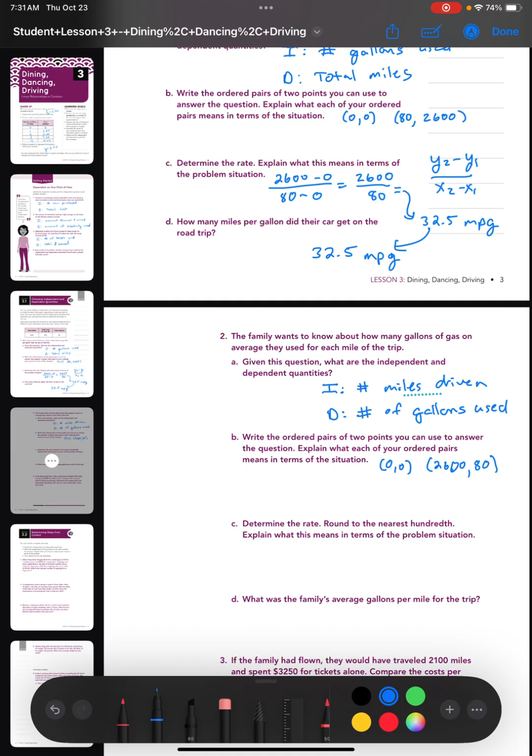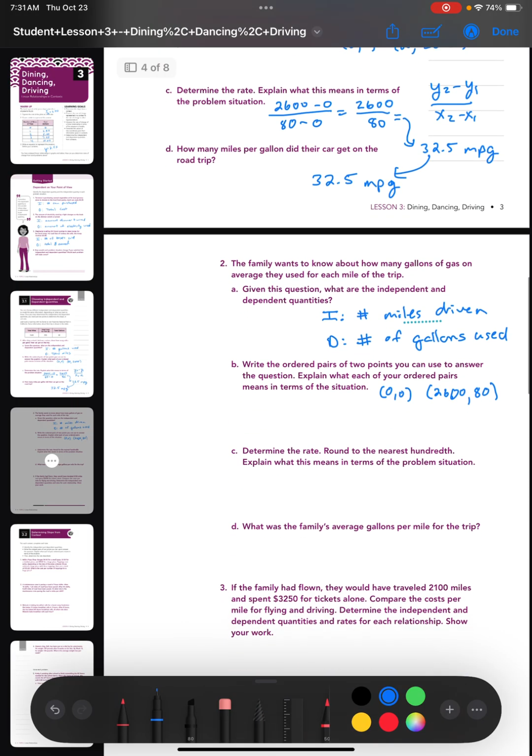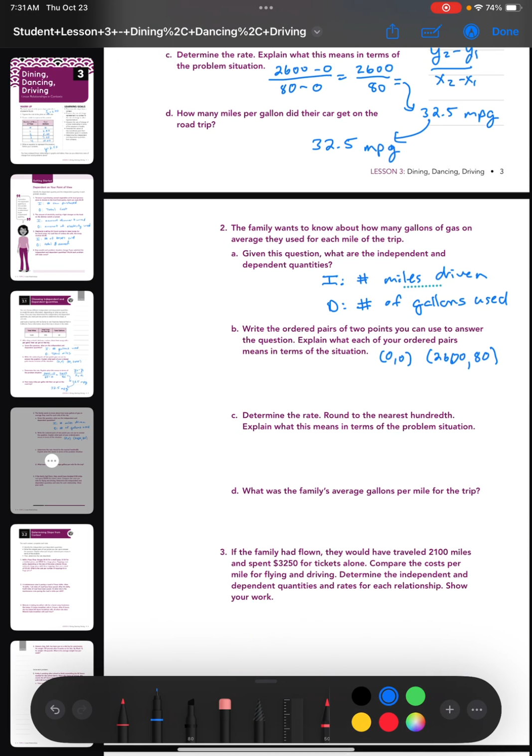So essentially it's going to flip that last slope formula we just did, and we're going to end up with 80 over 2,600. So again, we're just subtracting. If we do y2 minus y1 over x2 minus x1, subtracting 0 isn't going to change it. So we just have 80 divided by 2,600, and we get 0.03. So 0.03 gallons are used per mile in that situation. So the family's average gallons per mile was